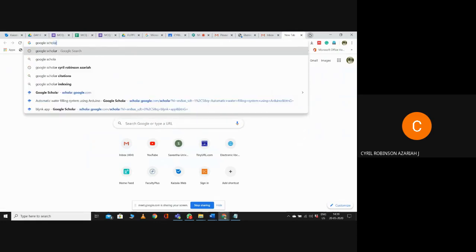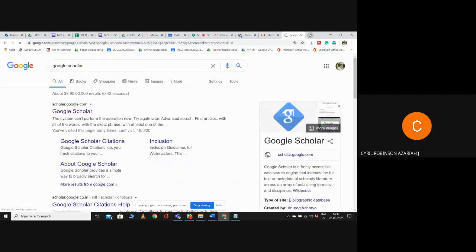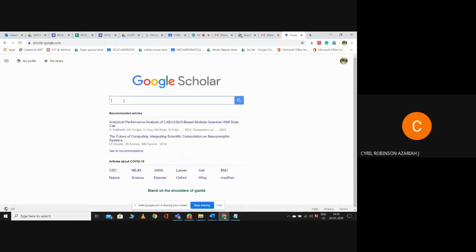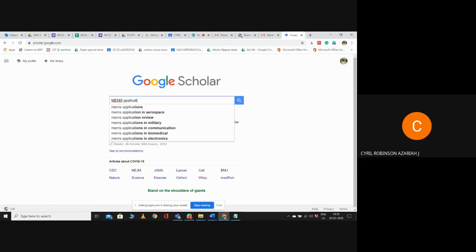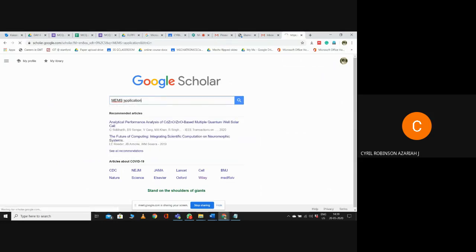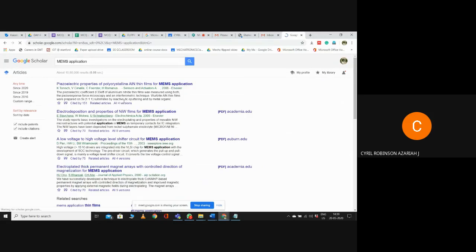Okay. So let's go to Google Scholar. So open the Google Scholar. You can search for a paper for MEMS application. Just an example I'm saying. Okay. So we remove this patent thing.